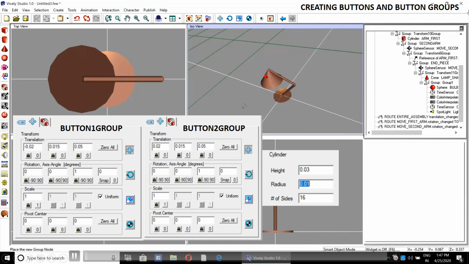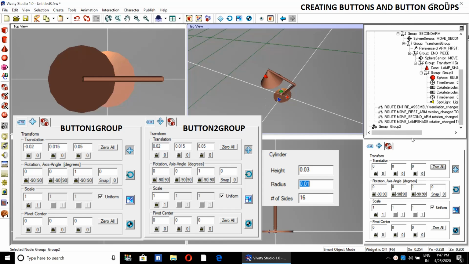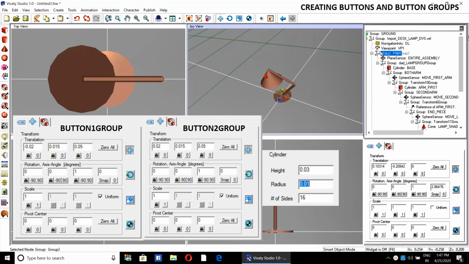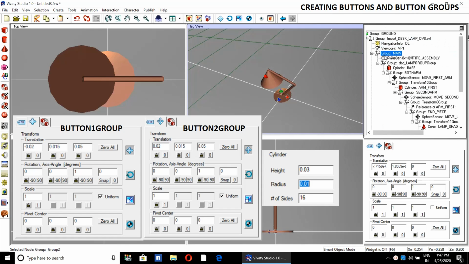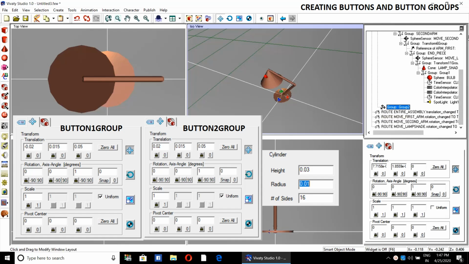Now in this step we will be creating the buttons and button groups. Make the groups 0 0 0. Then the button group will be under the main group. Try to bring the button group under the main group. Now create two groups below the button group.